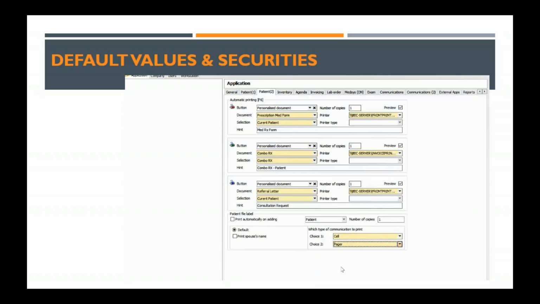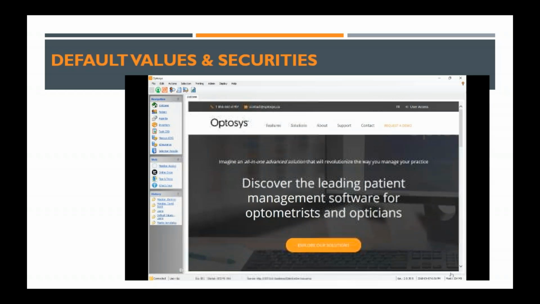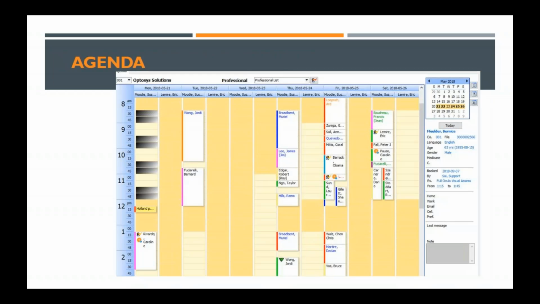Okay, so that's pretty much it for the default values. Now let's look at what's new in your agenda. For those who have moved on to version 39, you will notice that you have new right clicks. So if you right click onto your patient,